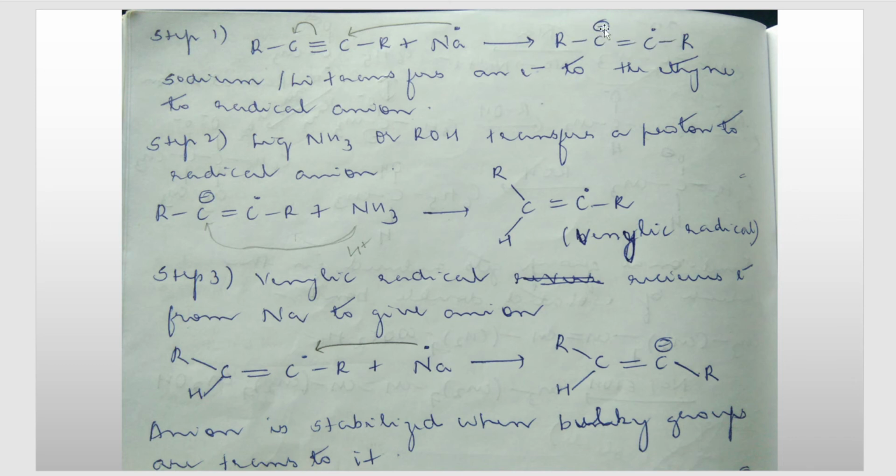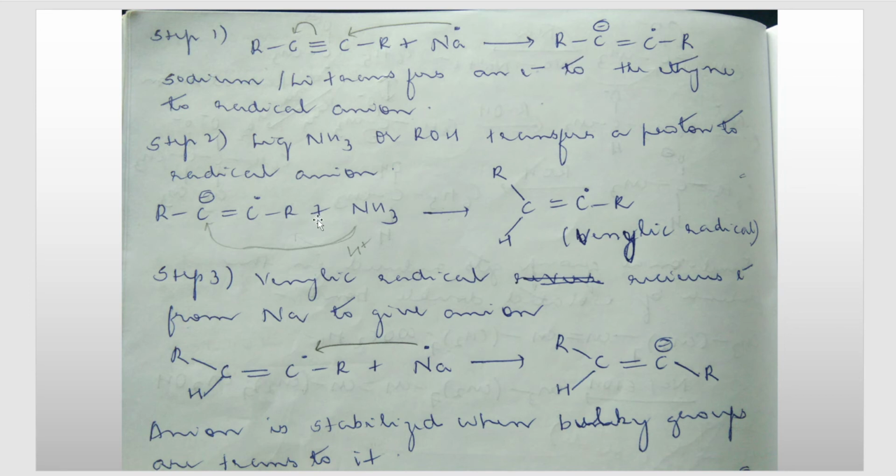That is one minus charge on itself. So what happens first, there are three bonds here. One of the pi bonds will shift onto either of the carbons. Say it shifts onto carbon number 1, so carbon number 1 will get a minus charge and carbon number 2 will have a plus charge. Because there is sodium metal, it will give one of its electrons to carbon number 2, so carbon number 2 will get a dot on itself, that is, it becomes a free radical. So this is a radical anion that we got.